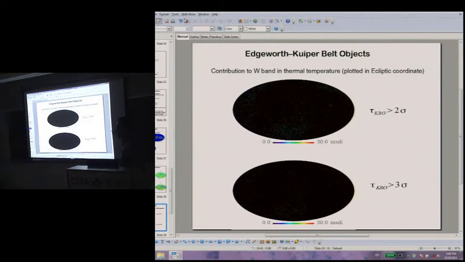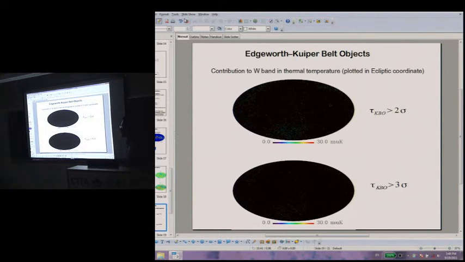So errors on the diffuse synchrotron and all those diffuse components are marginalized. So we have a large error bar. We have some sigma there, but I'm showing only the 2 sigma and 3 sigma. So it's not like it's not there, it's there, but we have less confidence there.